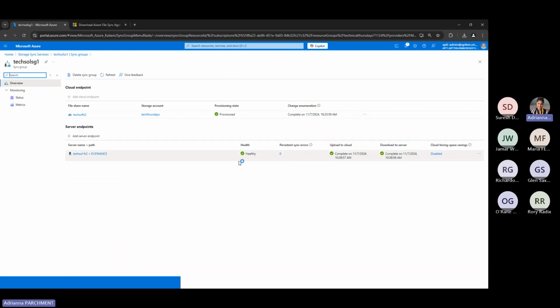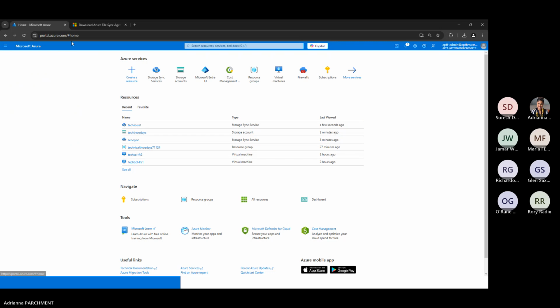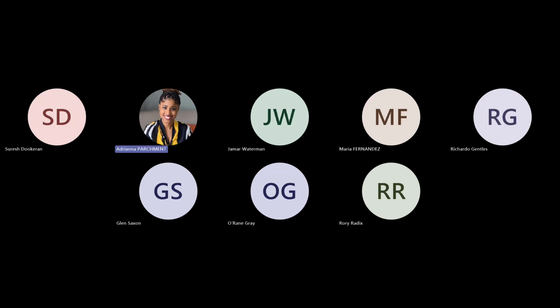And we'll see that our sync group has successfully been completed uploading to cloud, and it is healthy. And with that, we have deployed our file sync service, and we can now access our files through our file share on premises. And of course, it is also available in Azure. And so, of course, easy peasy, lemon squeezy, nothing tough, nothing hard,